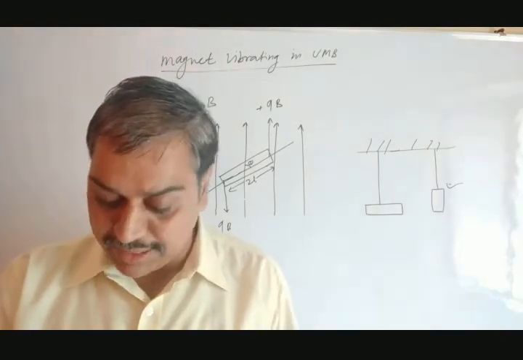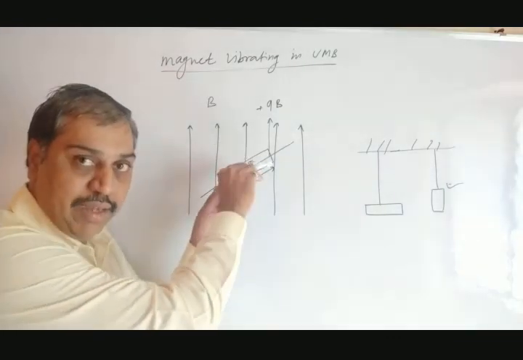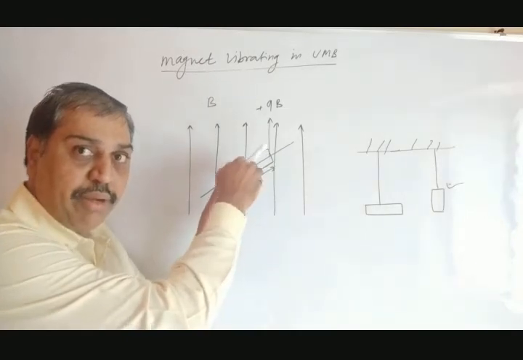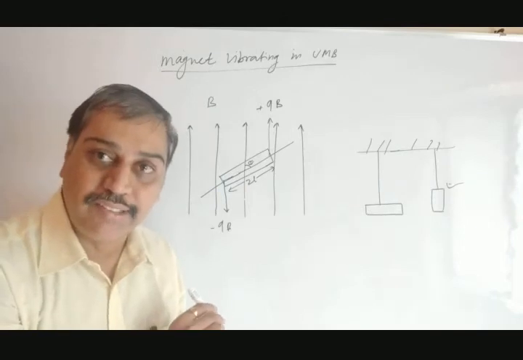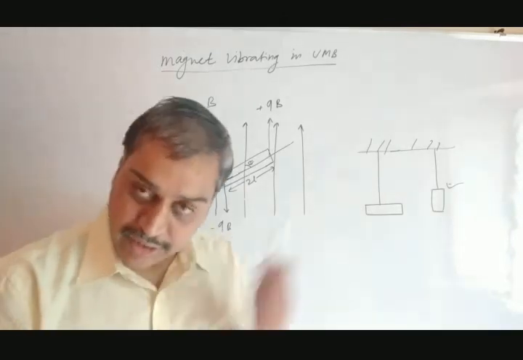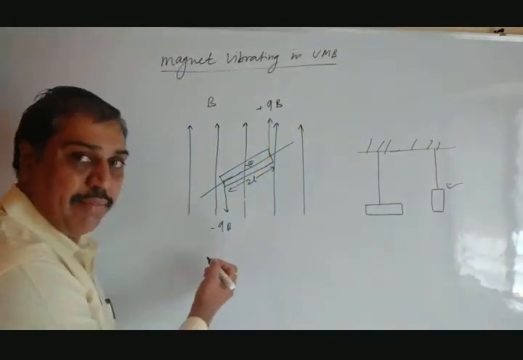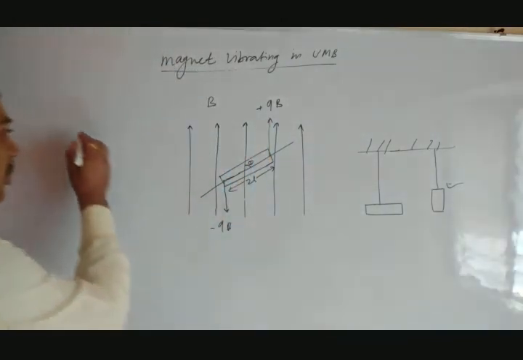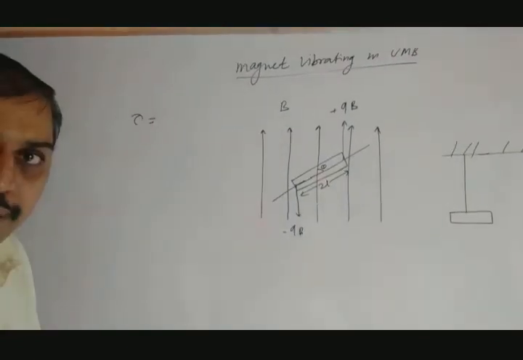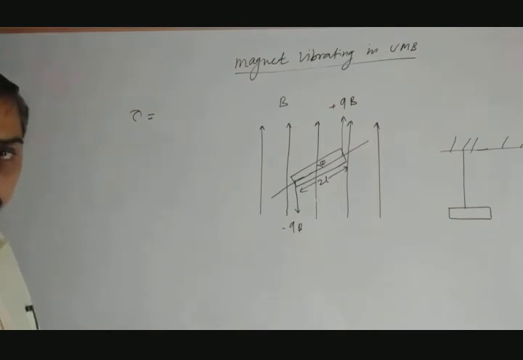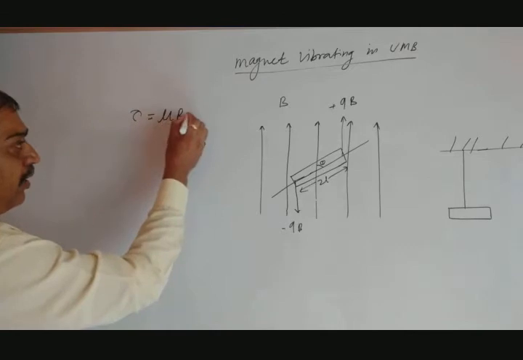Now when we rotate this from the original position by this angular displacement theta and leave it, it will perform a to-and-fro type of motion because a restoring force is created, and that restoring force here is said to be the restoring torque, and that was represented by a mathematical equation: tau equals